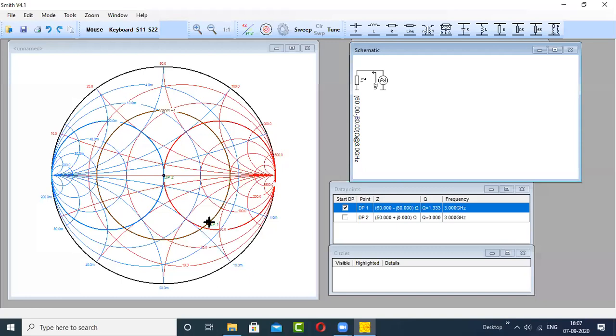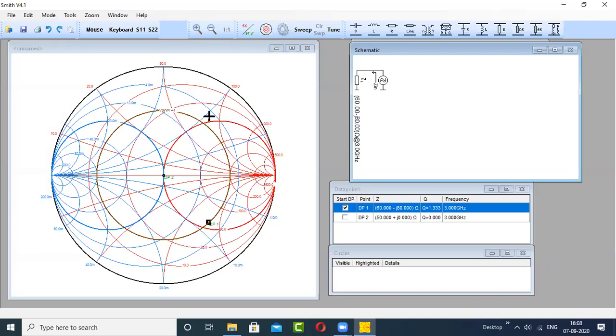So you have to move from here, and this is the SWR circle. You have to move on this SWR circle only, in the clockwise direction. But how long to move? Of course, I said that when you are going to add a stub, it is always added at a suitable location. So what is that suitable location? This dark blue circle, which represents the conductance circle.